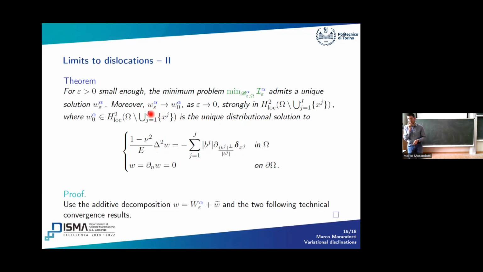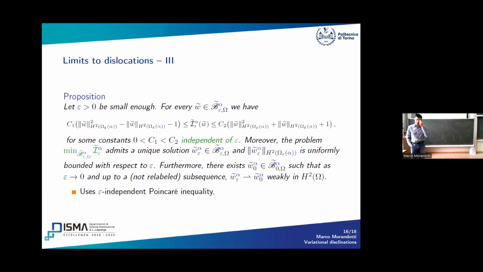Okay, and this convergence here is... So we only can say that the W epsilon alpha, which is the minimizer of the functional there, converges to W alpha 0, so when the core has shrunk to 0, strongly in the compacts of Ω punctured. So we take away the points. We need to stay a little bit far away from the cores, otherwise there is this logarithmic explosion. And that's precisely the same limit that Cermelli and Leoni had. All right. So for them it was H1 log because they didn't have two orders of derivation, but it's exactly the same thing. And the strategy of the proof is again to split this into elastic and plastic contribution, and then use convergences that are proved in this way.